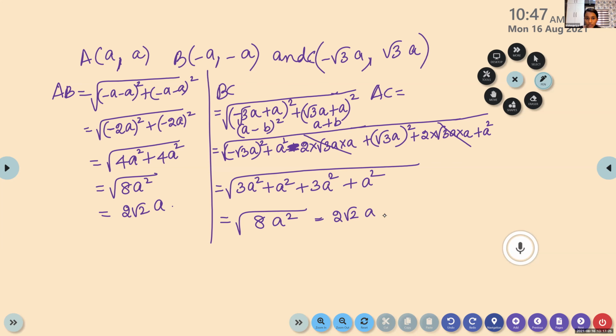Ma'am, how did it become a minus b whole square? It is a plus b whole square. Minus root 3a plus a. So look at the first term. Is it negative there? So what can we do? We can rearrange the terms, isn't it? We can write this as...